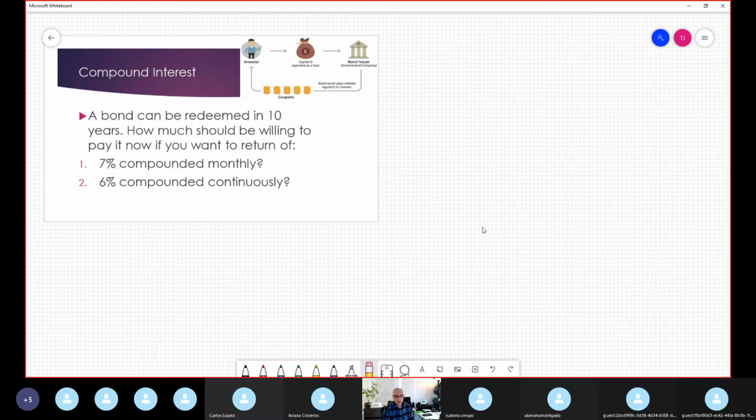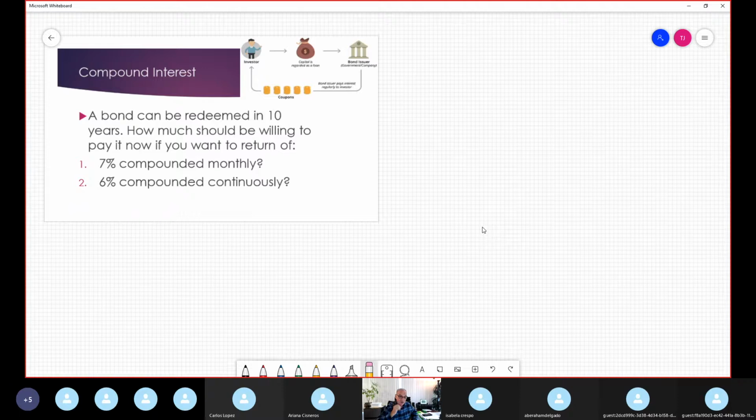When the duration ends, it is called maturity, and you receive more money. This is one possibility. Not necessarily you invest in bank account. You are using another financial tools to increase your money. So a bond can be redeemed in 10 years. This is the maturity time. How much should be willing to pay for it now if you want a return of